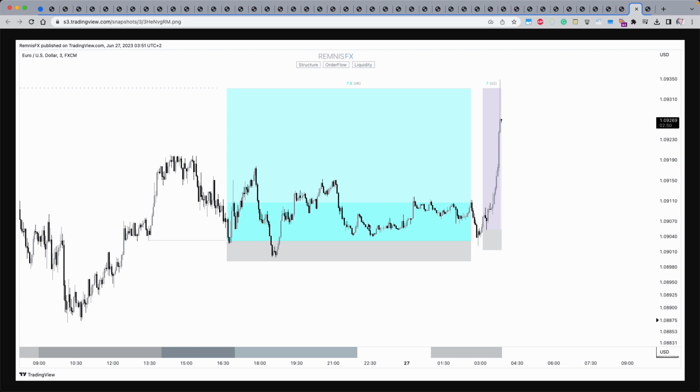As we can see, I took 6 identical positions here with a 7.5 R, and got these 2 additional positions after the Asian session opened,